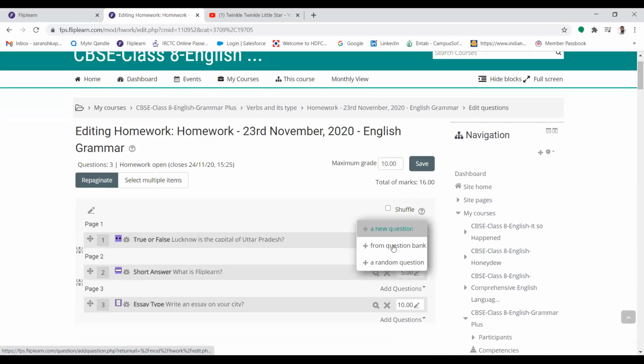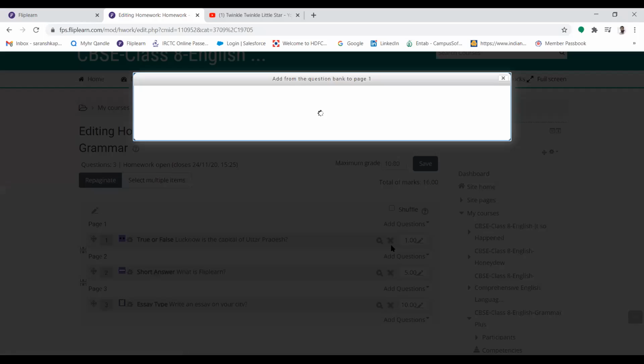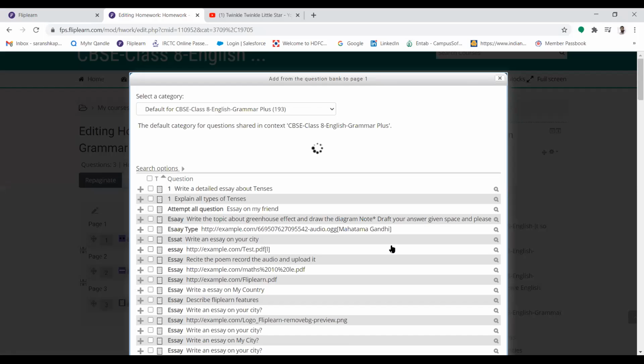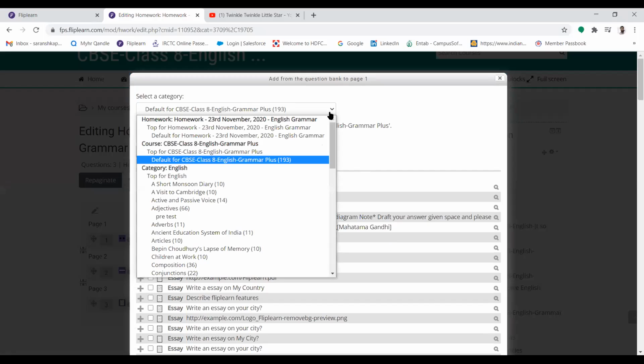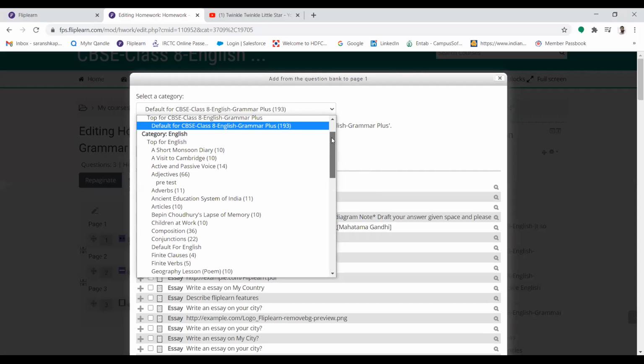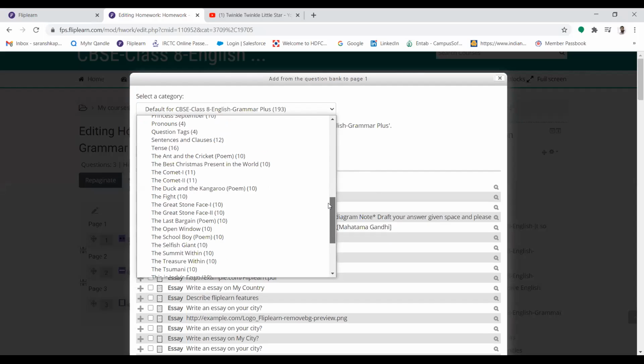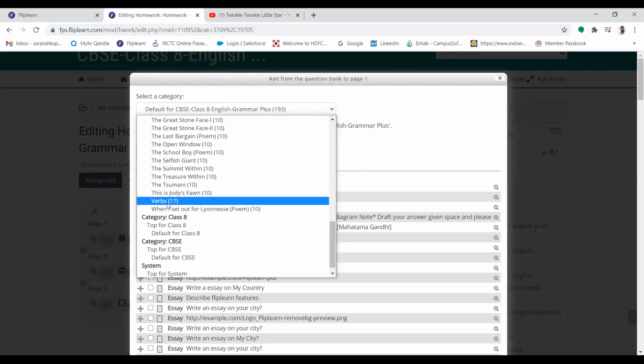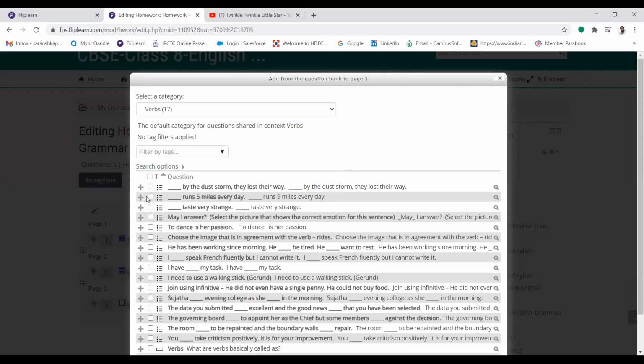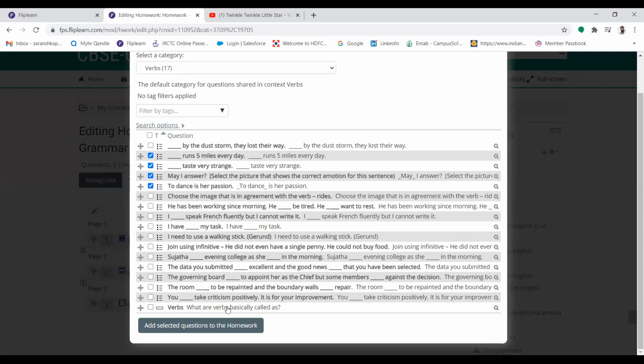Let me also show you how to add a question from question bank. Now I'm in class 8th English grammar, so I can see the list of the chapters also, right? From where I can choose my questions, right? Say verb. So I can simply choose any random 3 or 4 questions, and I can simply add them to the homework, and my job is done,